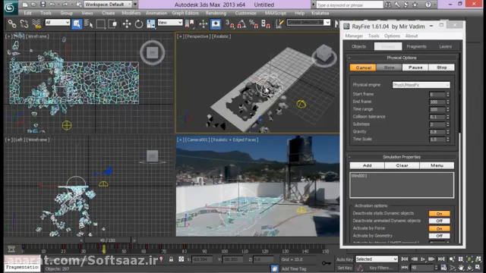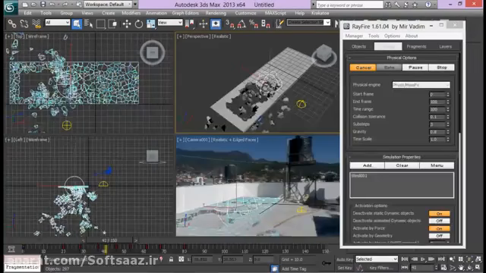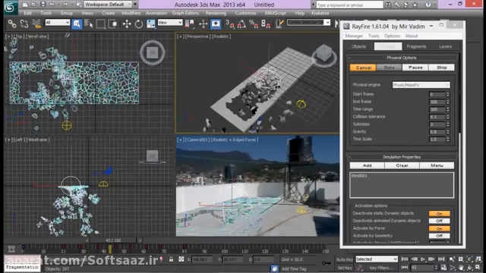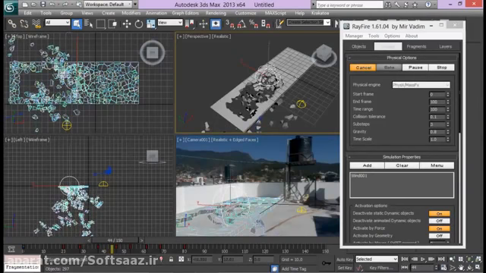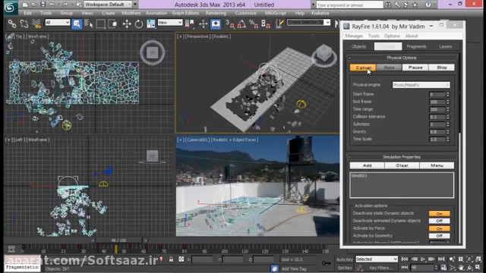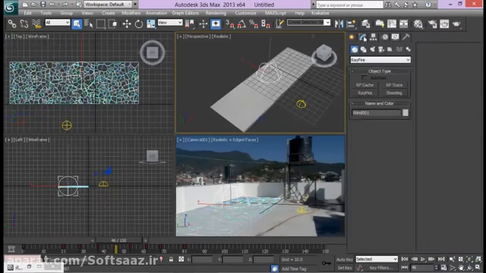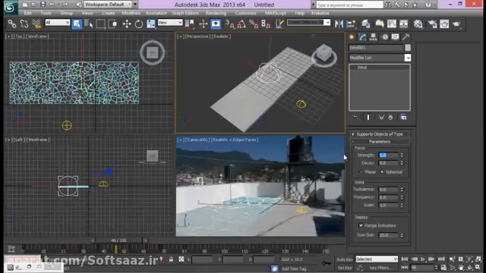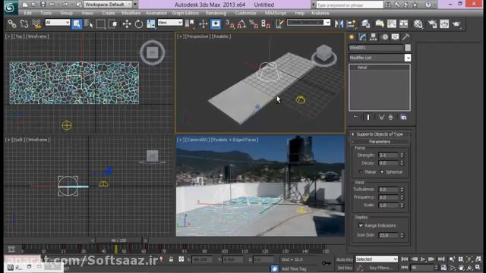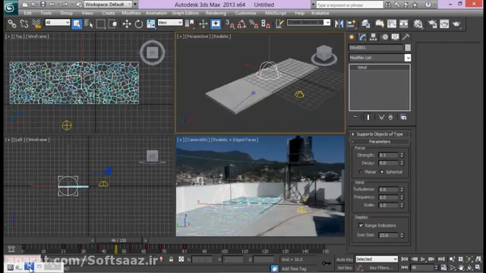Okay, it's looking pretty good. It's working correctly, but I think the pieces are falling down really too fast. So let me just cancel it, and let me go ahead and reduce my wind strength to maybe 0.1. I just need to activate my object. I don't need any strength on my wind, so let that be, and let me go ahead and bake